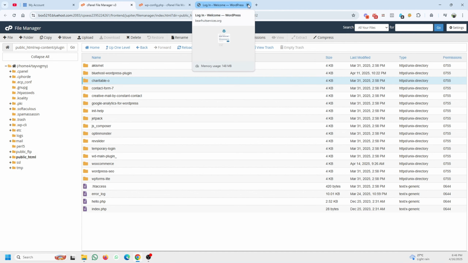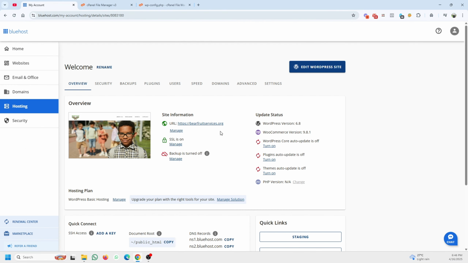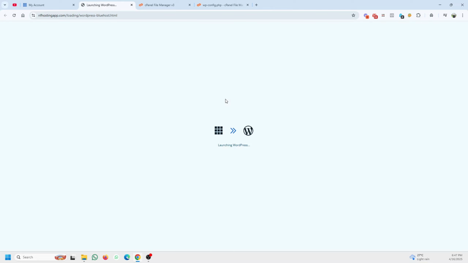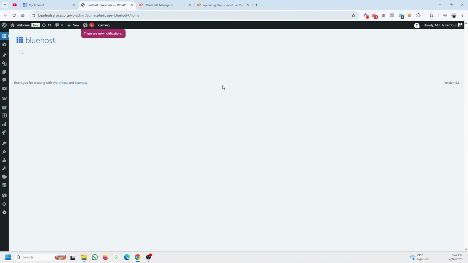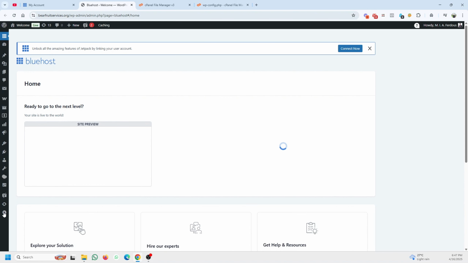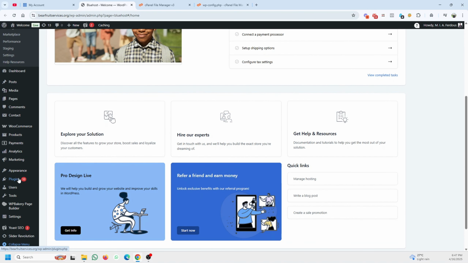Now this login might not work because it's probably expired. I will log in from Bluehost directly, and it will take me to the WP dashboard. Since the login page is now working, I can get into the WP dashboard without any issue. So yeah, we are now inside the WP dashboard. Okay, so from here we'll go to plugins,